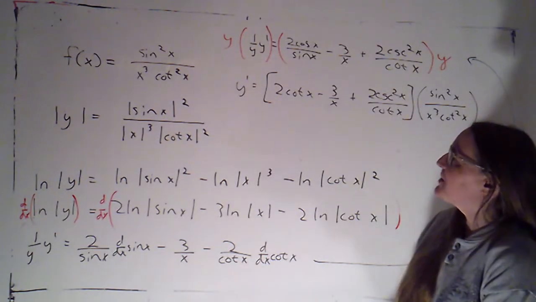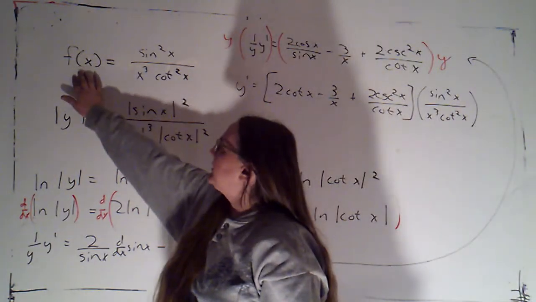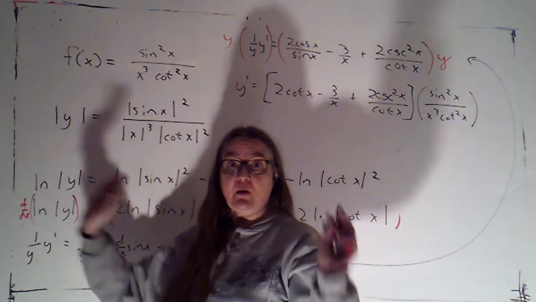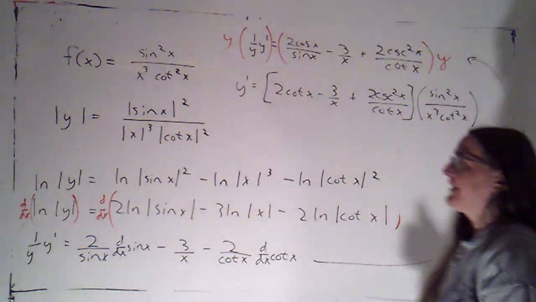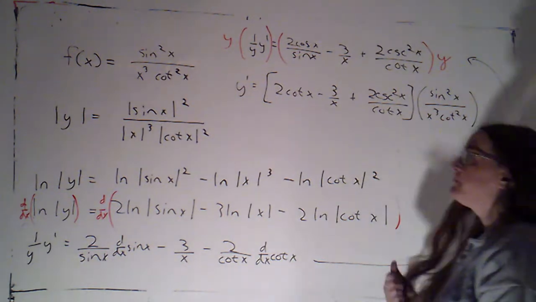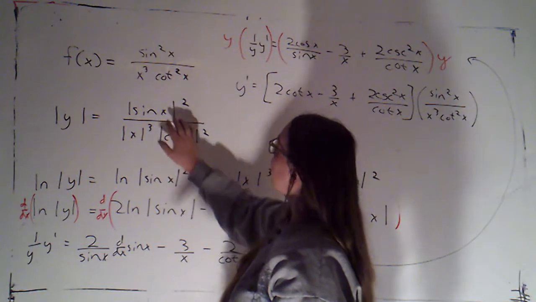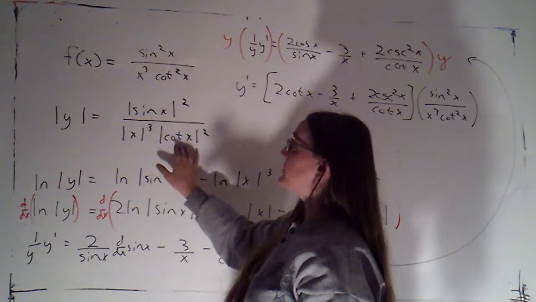All right, I've got this worked out here. I just went from calling it f of x to calling it y, and then I said let's take the absolute value because I want to be able to take the natural log, got to get rid of any negatives. Okay, so the absolute value distributes over the multiplication, and for each power I applied it to just the base